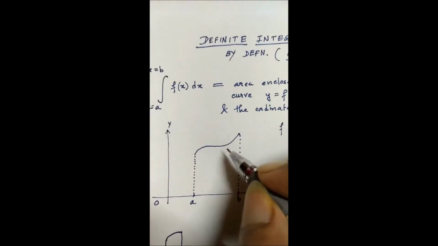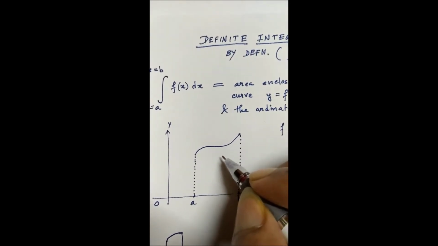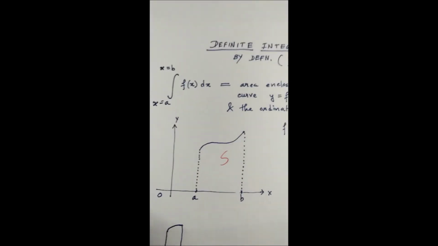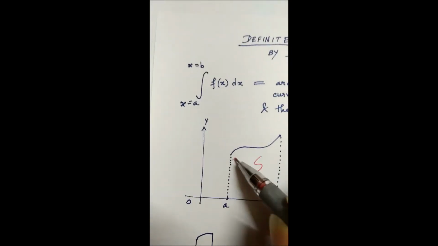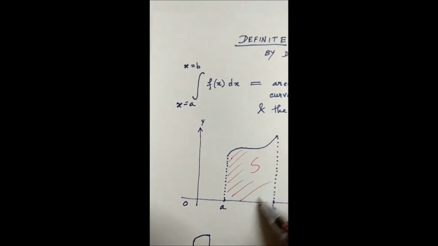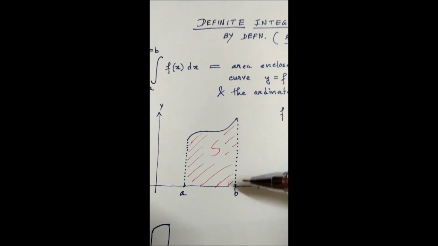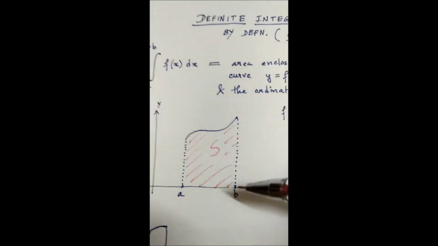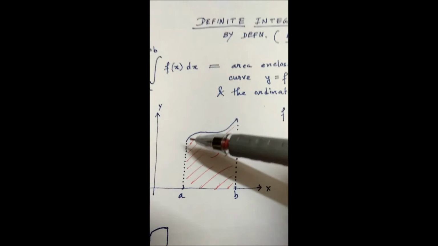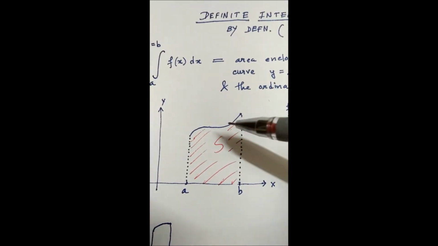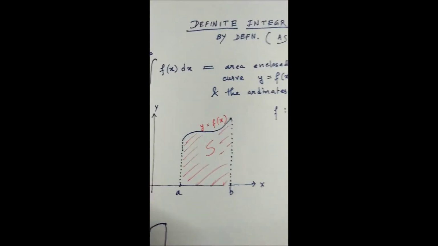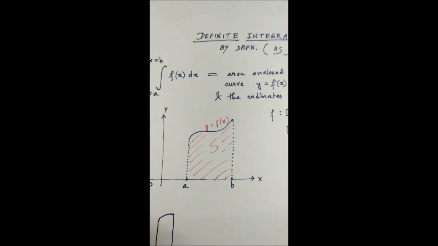Okay. So let the total area be S. So S is basically this whole shaded region. Now, you notice that three sides are parts of straight lines. The only problem is this. We don't know what this is. So obviously it depends on the function. So what do we do? We quickly